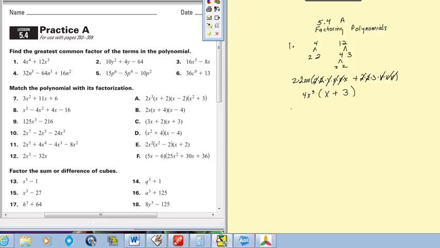Okay, number 2. What can I pull out of each one of those? Well, I can't pull a 4 out because 10 can't divide by 4, so what's the greatest common factor of those? 2. So I can pull a 2 out of everything. What do I have left? 2 times what is 10? 5y squared plus